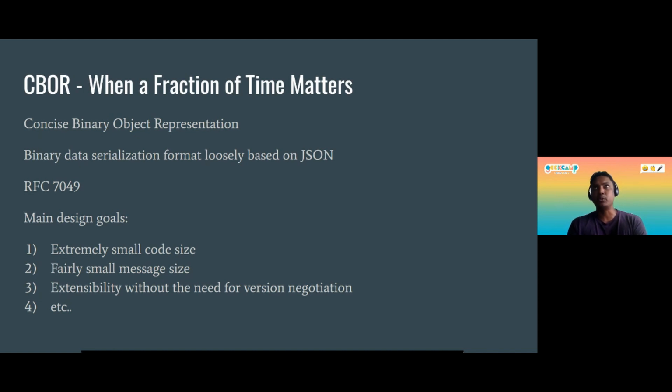That's the beauty of it: because it is loosely based on JSON, if you have your existing system in JSON, moving towards CBOR is really easy. The migration is really easy, and this is in the standard RFC 7049. You can Google this keyword and find more information about CBOR.